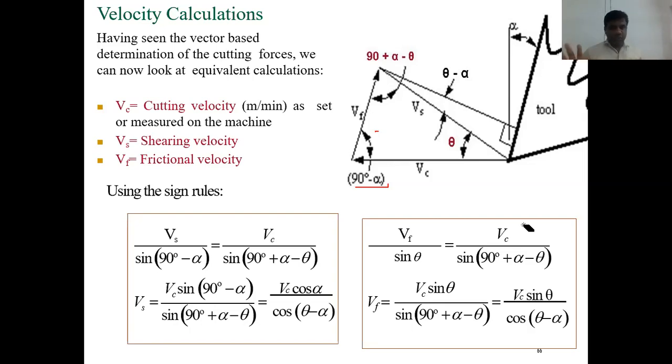So 6 forces and 3 velocities are required to be calculated in the machining process, right? So these formulas you are supposed to remember. Please take note of the velocity relations. I'm giving you 1 minute. Please note this down, or maybe you can take a screenshot. Then we can go to the next slide. Next slide, maybe I'm going to take one problem.